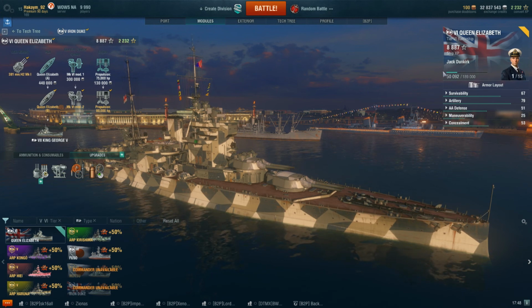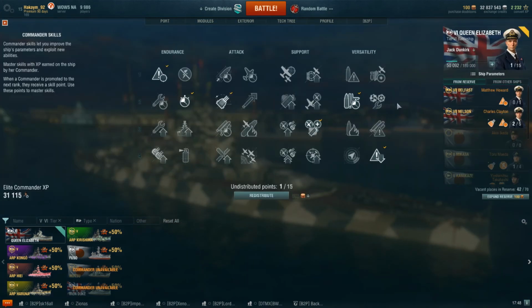As far as Jack Dunkirk, I don't think a lot has changed. I think the only additional skill I got on the Jack Dunkirk captain is Adrenaline Rush. Just increases your reload rate for every percentage of health that you have lost. Obviously, he does have the bonus to the Expert Marksman and also Jack of All Trades. So these are very, very beneficial for the British battleships. We'll see how it is